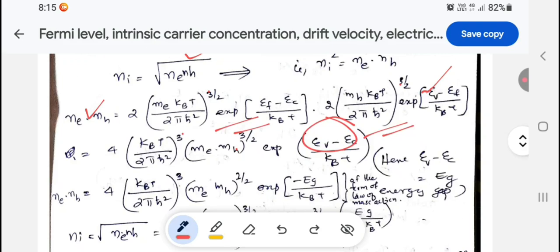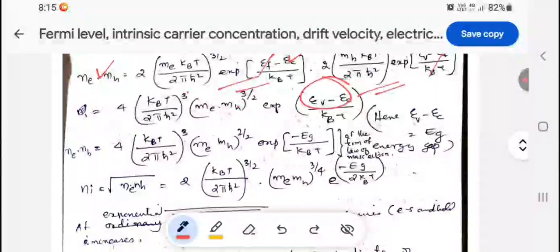EV minus EC, these two get cancelled. EF, so the exponential term for the total intrinsic carrier concentration of an intrinsic semiconductor. Ni is equal to root of NeNH. This is the total product of NeNH. Here it is 2 into root of